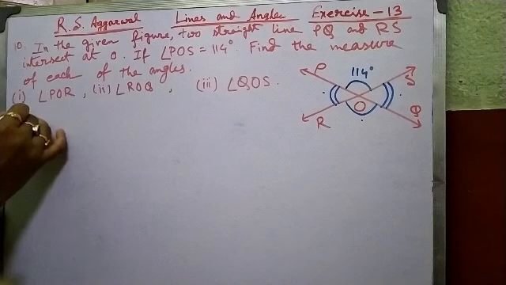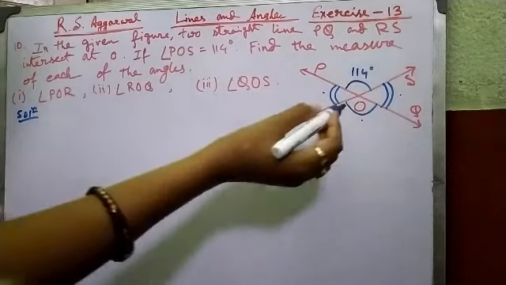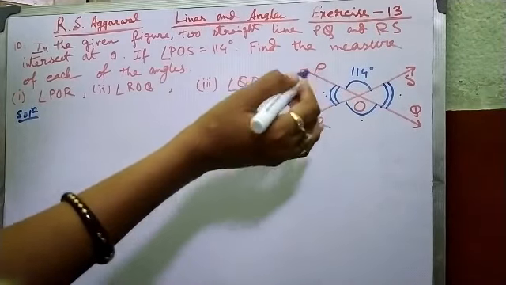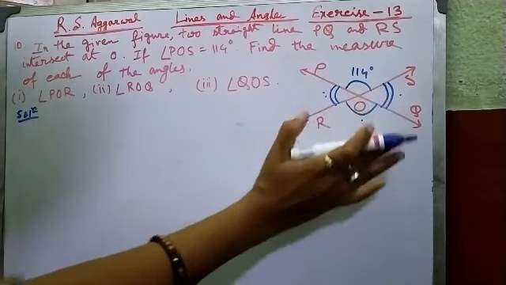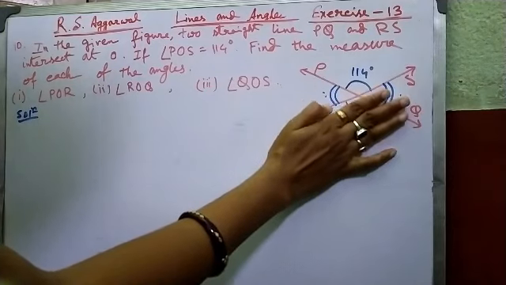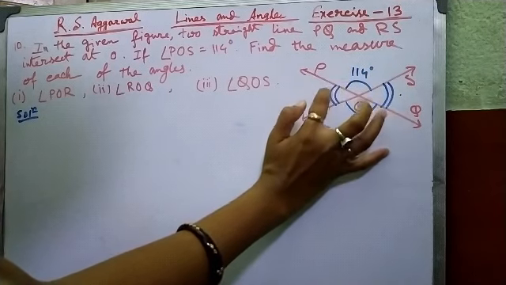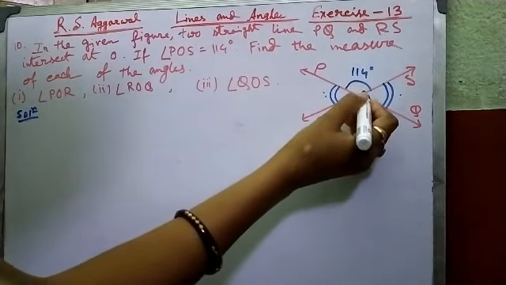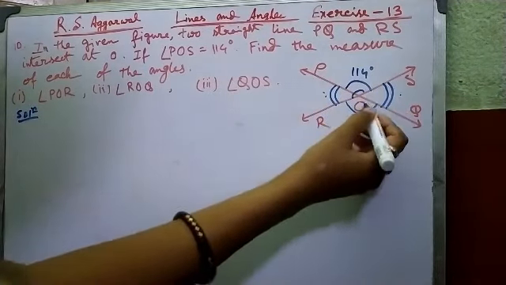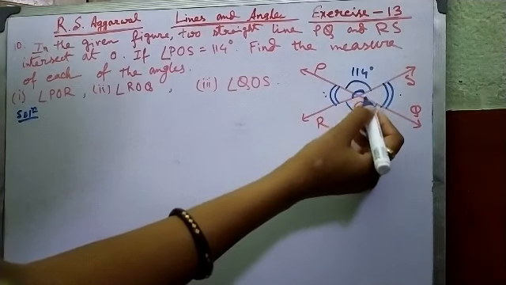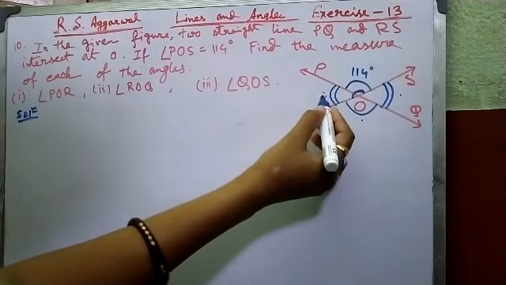So solution. One thing more, POR, this angle, how we will get, that also we have to see. This is linear pair of angle. If you just forget about these things, only the upper part you will see. Then we will get, if this one angle is 114 degree, then this angle will be 180 minus 114. This is a straight line, ROS, this is a straight line. So straight angle is formed here, 180 degree. So from 180, if 114 degree will be subtracted, then we will get this one angle.